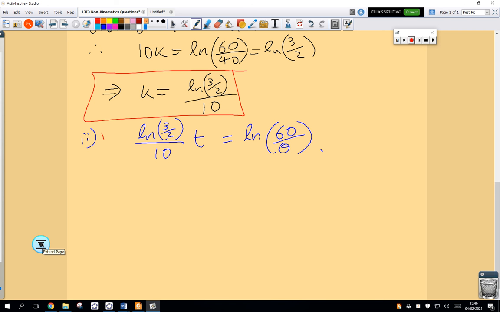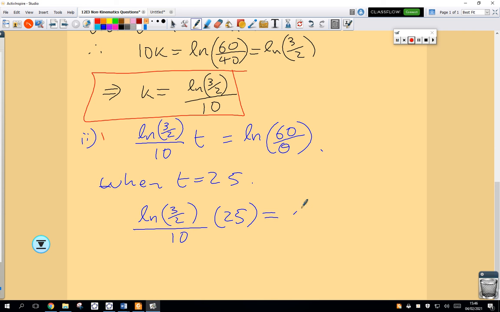That's our goal. Okay, so I'm going to start by substituting in. So when t is equal to 25,